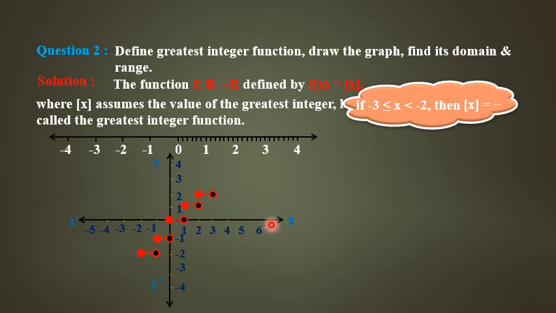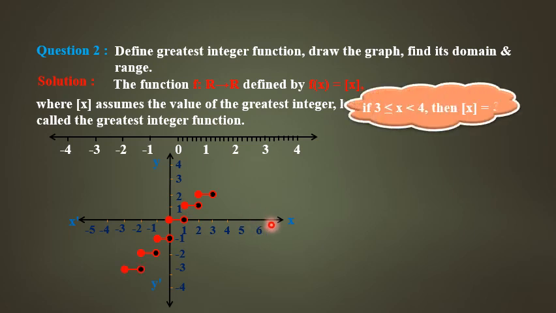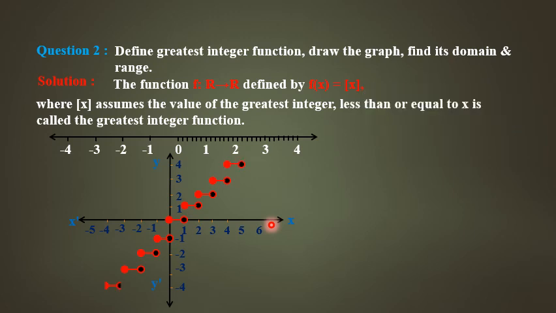So just go on, observe the graph, how beautifully it is coming. Okay, it is minus 3, and 3 to 4, it is 3. So on the graph will come like this. Go on, it is called a step function. It looks like steps, so it is also called a step function. So beautifully drawn, the graph it is. Okay, so the graph is this one. Now, what is the domain of this function? Domain is any real number, the set of all real numbers. What is the output? The output you are getting is only integers, that is Z, correct? The set of all integers is called the range.